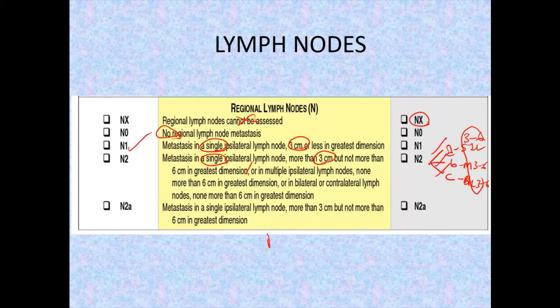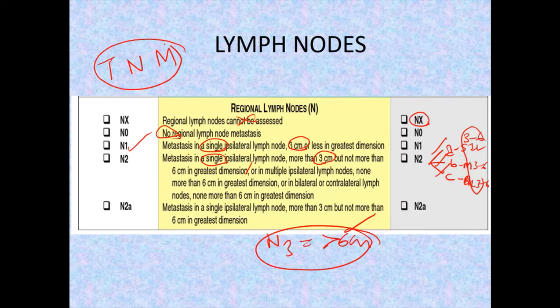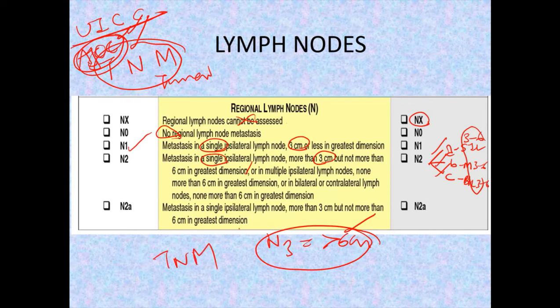N3 is greater than 6 centimeters. Anything more is N3. You can remember just like that. These are the sizes of the lymph nodes. So normally the tumor, node and metastasis, this is called the TNM classification for tumors. The Union for International Cancer Control and the American Joint Committee on Cancer, the AJCC classification. So the TNM classification you should do, and based on that, you should have